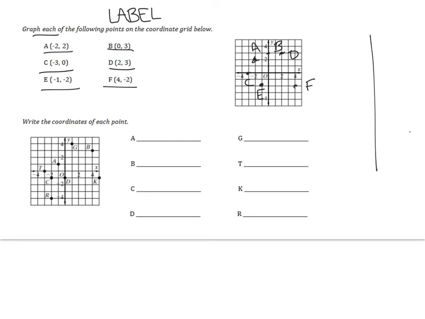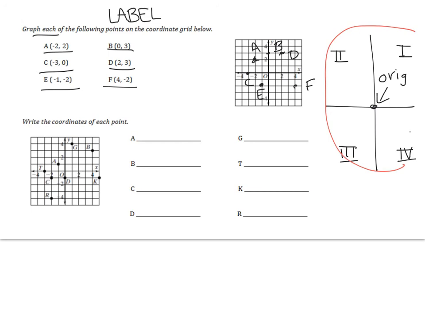Also make sure that with the quadrants you know that this is quadrant 1, this is quadrant 2, this is quadrant 3, this is quadrant 4. You can remember it because it makes a C, and this is called the origin. And then now we're going to write the coordinates. So A,